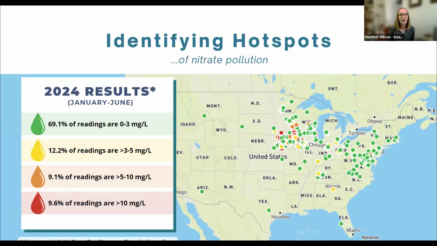This has been a pretty wet year following some years of drought. So that can have something to do with that. Also, asterisk, this is just the first half of the year. As we include the last half of the year, those numbers might level out a little bit more, but we will see. So stay tuned for more analysis in the annual report. And again, this data is open source. You can download it, do whatever you want with it. It's on the Clean Water Hub. Let me know if you need help accessing it.